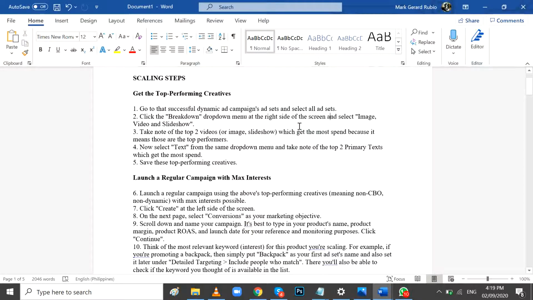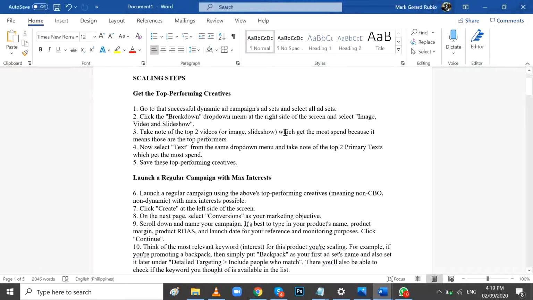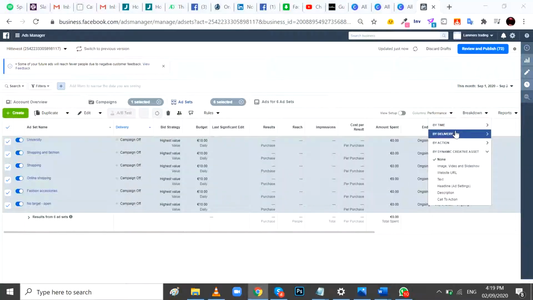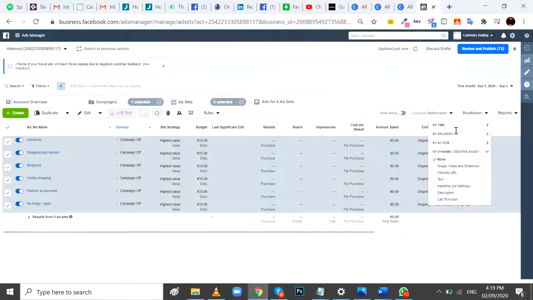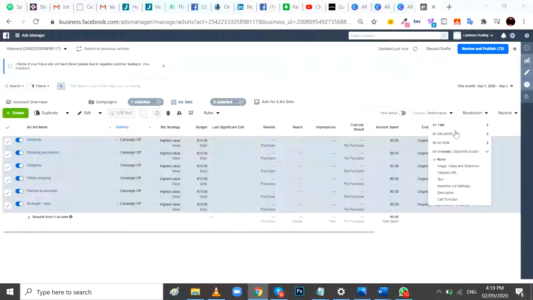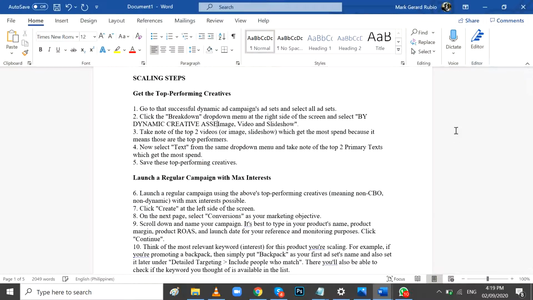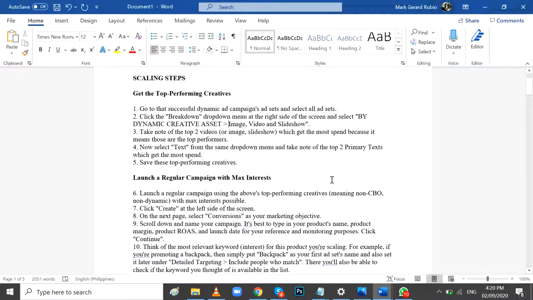On the right side of the screen, select. Oh, before we select that, it should be by dynamic creative ad set. Let me see. Click the breakdown on the right side, select. It should be by dynamic creative asset. And okay. Okay, by clicking this,